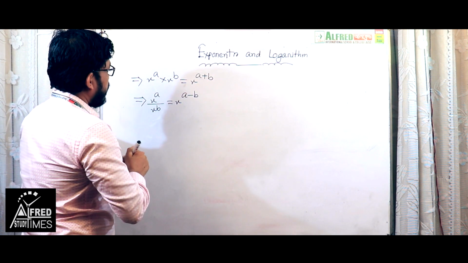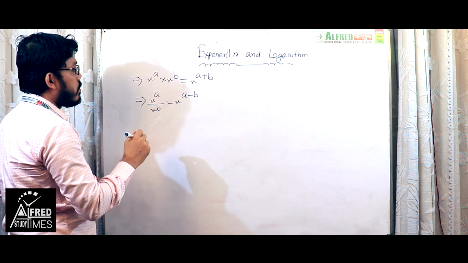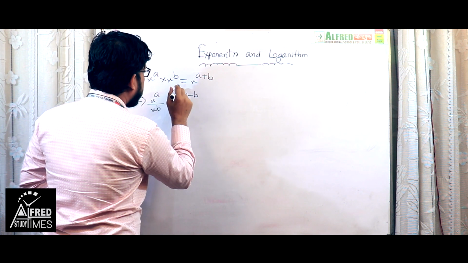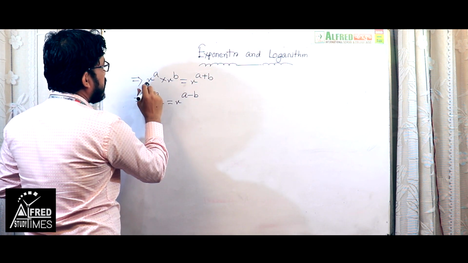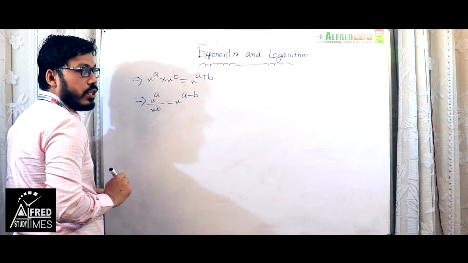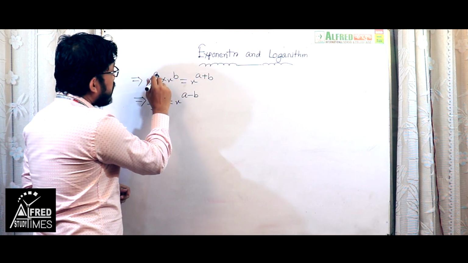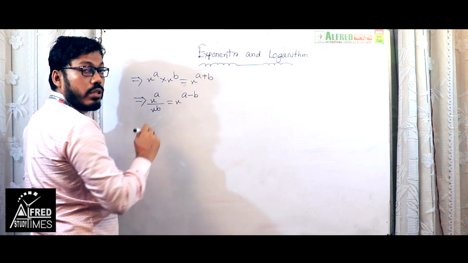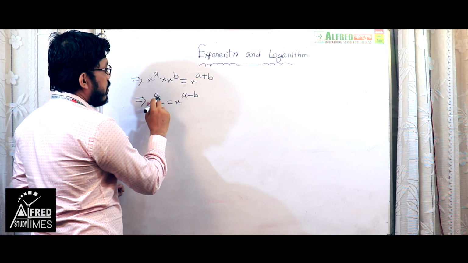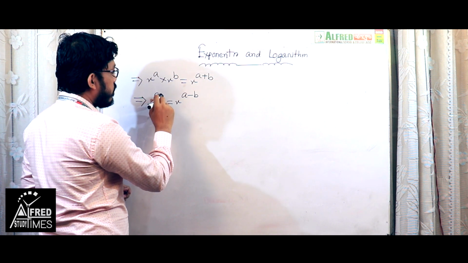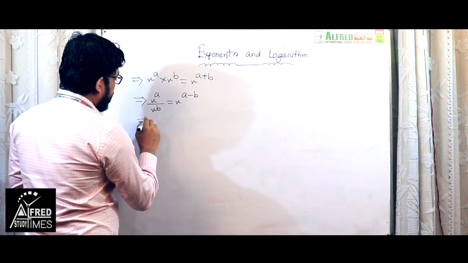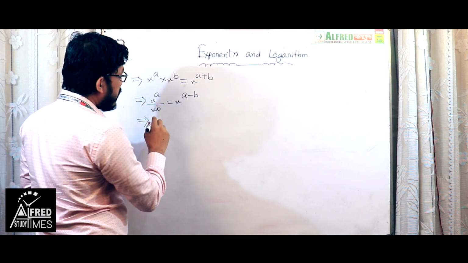If you get two same bases with a multiply sign, you have to add the powers of both. So there you get two same bases with a multiply sign, x power a and x power b. So you have to add power a and power b on the base. Next, there are two same bases with a division sign, so you have to subtract power b from power a. So I have presented two important formulas. Next,